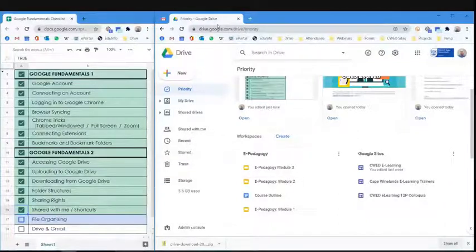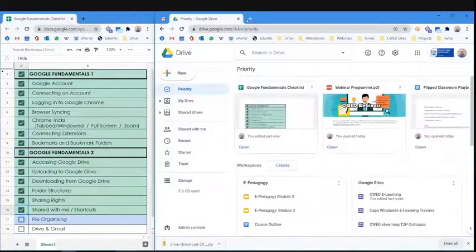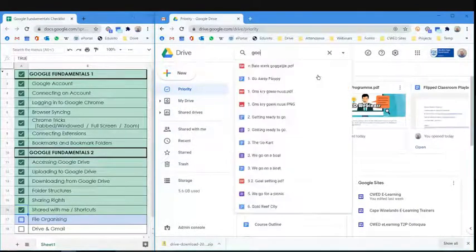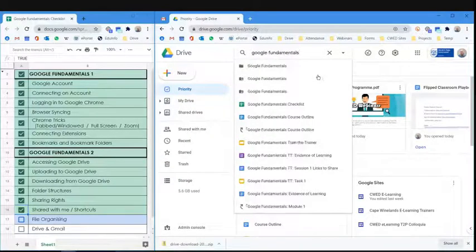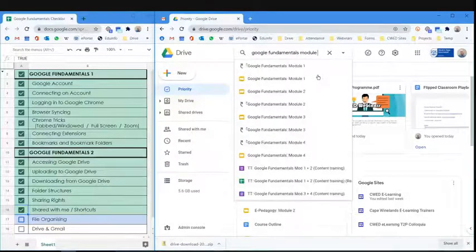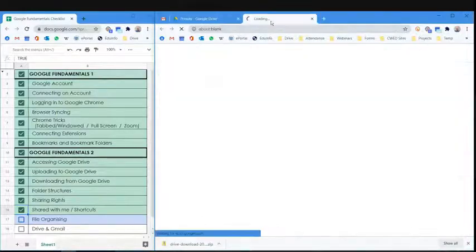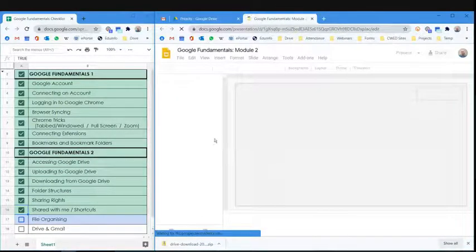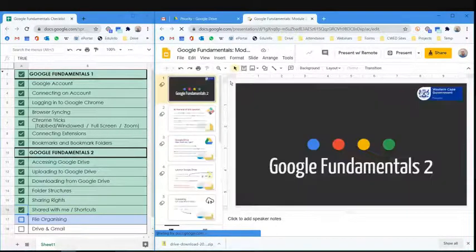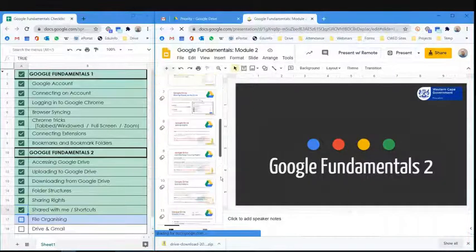Right. So again, file organizing is a bit of a tricky one to really explain, but you need to spend some time emphasizing the value and the importance of it. If you actually have a look at the presentation in module 2, what I loaded in here as an example is not really a folder thing, but more of trying to stay organized,